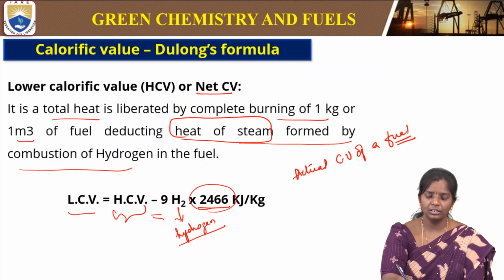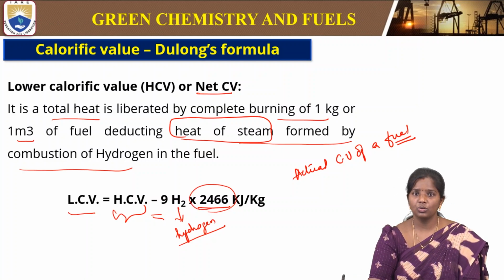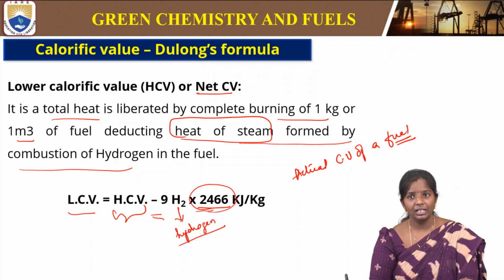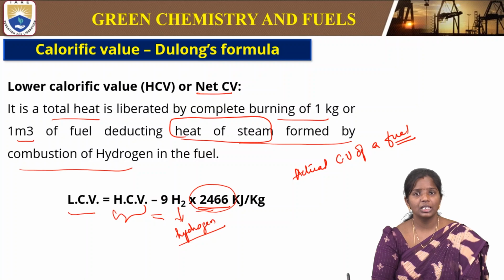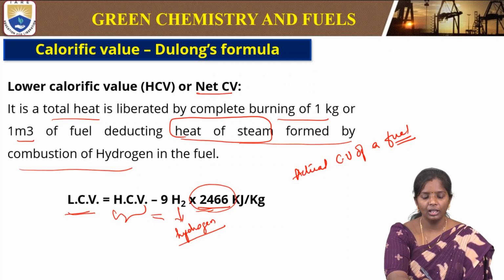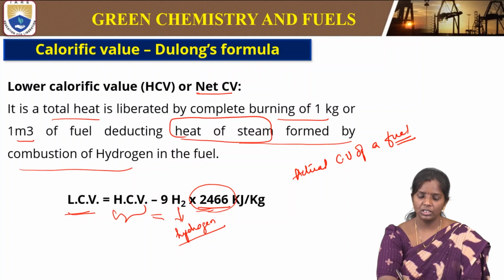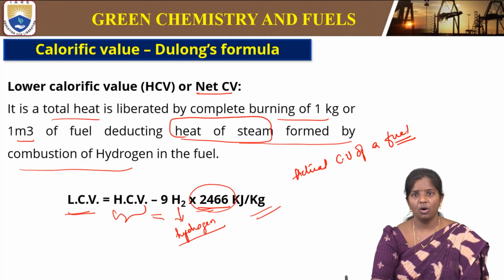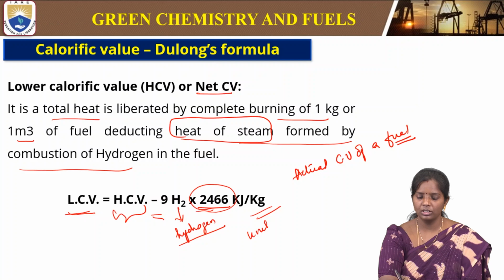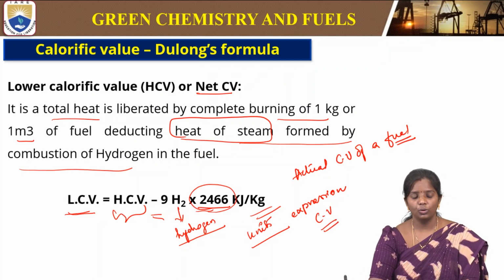So this is a constant after experimentation. Dulong has proposed this formula wherein we get HCV minus 9H2 into 2466. That is the formula for the lower calorific value. This is also given in the form of kilojoules per kg. So these are the units that we will be using for the expression of higher and lower calorific values. These two are very important to consider before we utilize the fuel for any of the machineries or